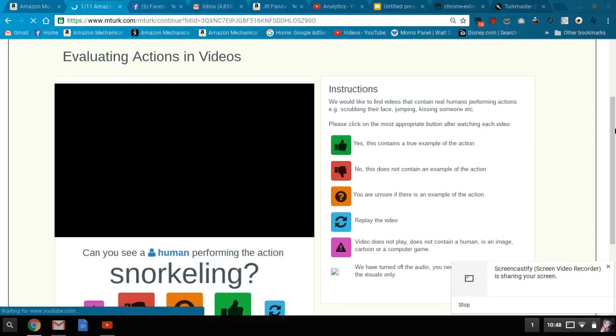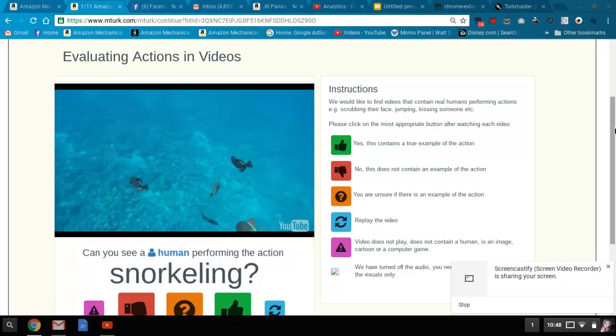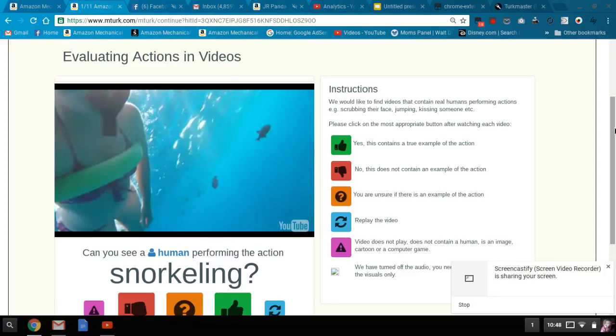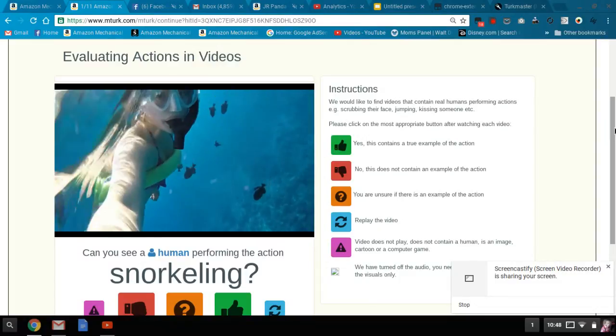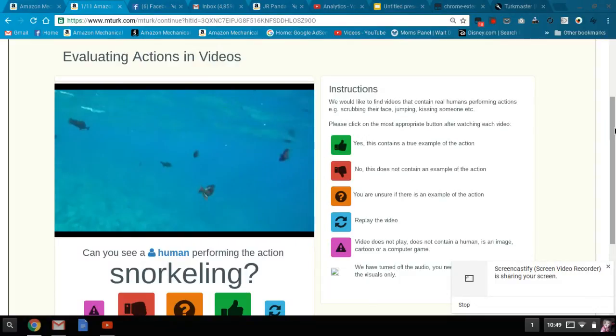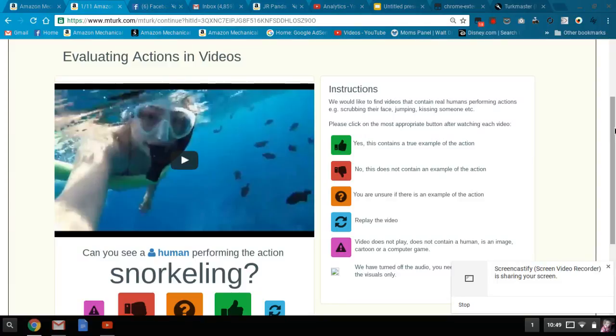snorkeling. One thing I will note is if you feel that you've screwed up majorly on these ones, go out of the screen and then go back into your hits assigned to you, and then it'll start from the beginning. It doesn't log your answers. So, that's a double-edged sword. It's bad if your computer freezes or something. It's good if you feel like you screwed up and you want to start again. You don't want to submit what you had already done. So snorkeling, that's a yes for this one.